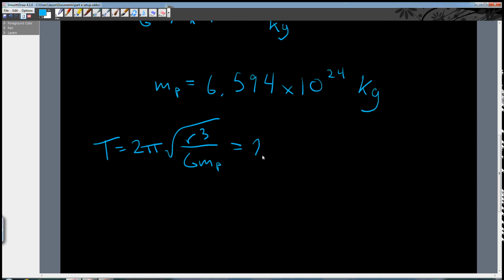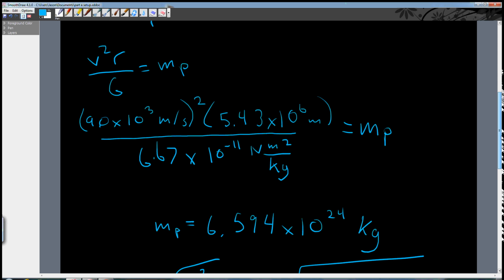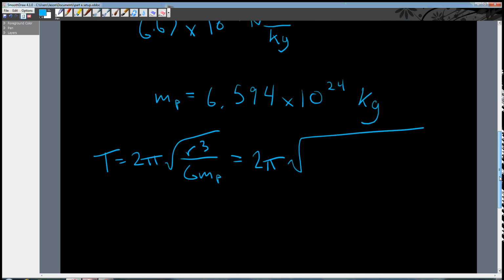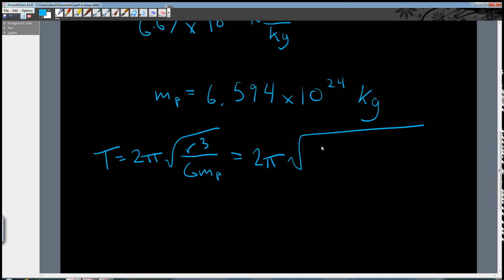So 2 pi square root, our radius was 5.43 times 10 to the 6th meters. That's going to be to the third power divided by 6.67 times 10 to the negative 11th Newton meters squared per kilogram